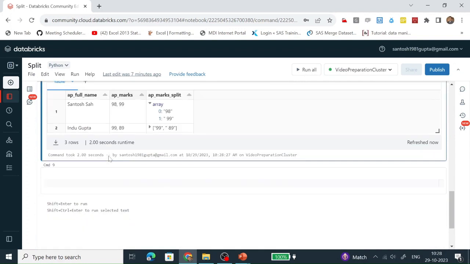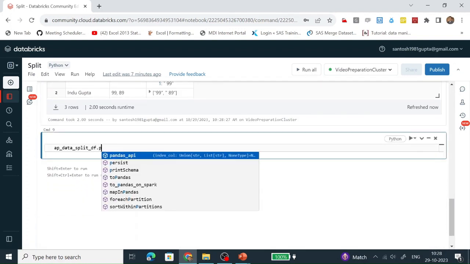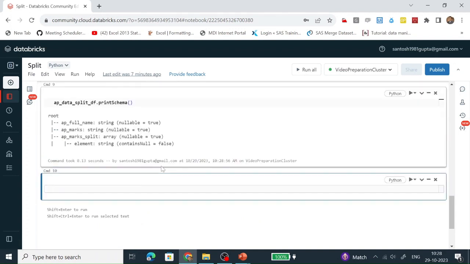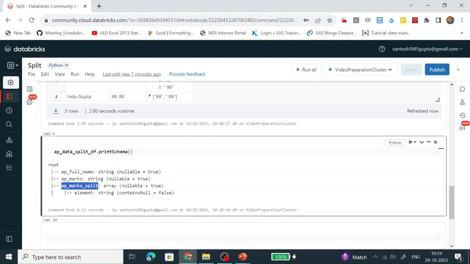Let's see the schema of this data frame. We can also see this AP marks, AP_marks_split. It is of array type. And in this array, which kind of element is it storing? It is storing string elements.